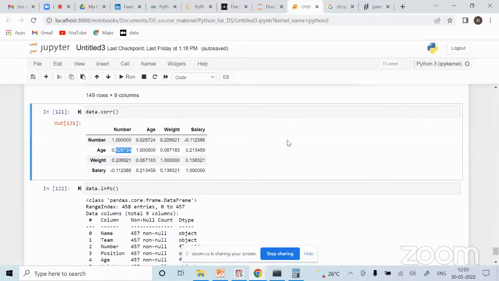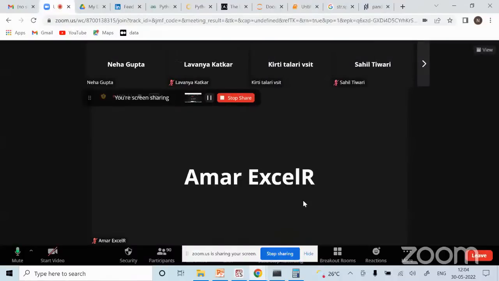So instead of, let's say, these four columns, if I have to choose, I know which one to choose. If let's say I have to predict salary, I know I have to choose age, because age is strongly correlated. Then maybe the second thing would be weight, or maybe number, right? So if out of these three I have to choose two, I will choose age and weight, that's all, isn't it? So that's why this correlation matrix is so important.